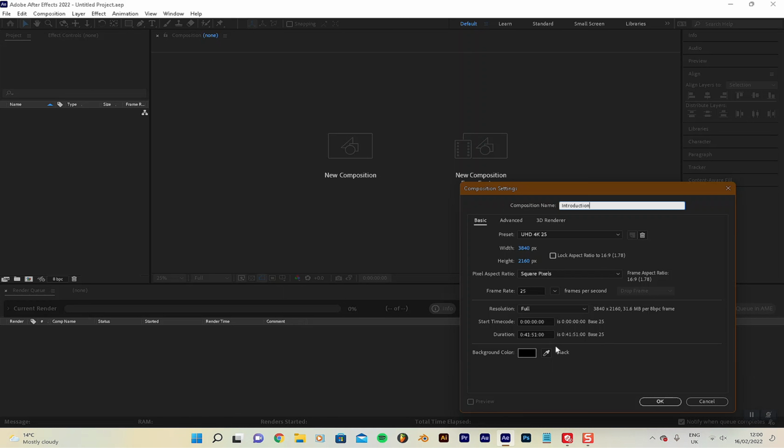And obviously you can use 1080p or 720p or whatever you use. What's easiest for you is absolutely fine. So generally, I tend to match the frame rate of the camera that I use. So I'm going to stick with 25 frames per second, and the duration I'm going to make about 10 seconds, as it's just a good, comfortable duration. It's not too long, not too short. So yeah, background color black. Click OK,